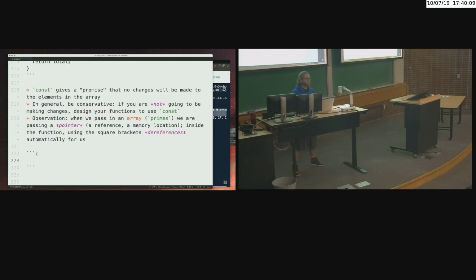Could you get a memory address of the third element? So here's arr sub 3, right? Or that's not the third element. What's the third element? 2, right? And so how do I get the memory address of that thing? Well, if this is just a regular old variable, because I've dereferenced it already using the indexing scheme, put an ampersand in front of it. And now you've got the memory location of the third element in that array if you really wanted to do something like that. And you will want to do something like that when we do string manipulation,